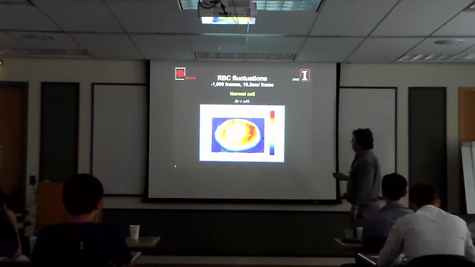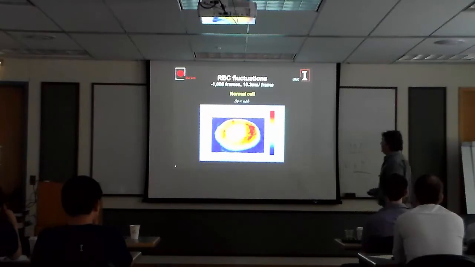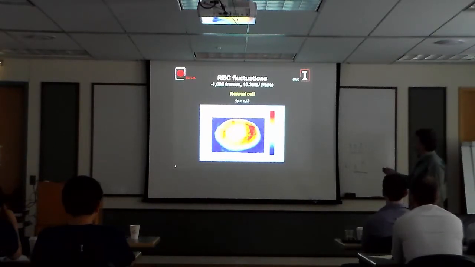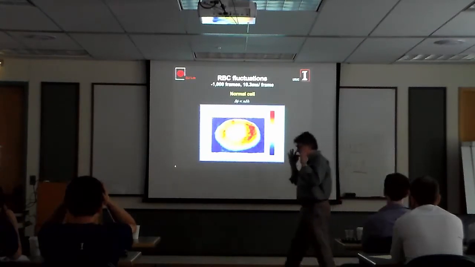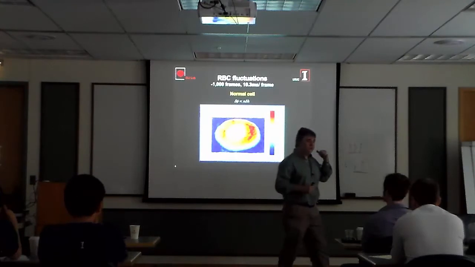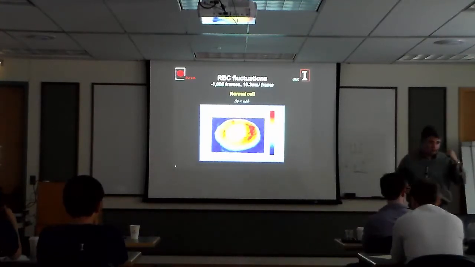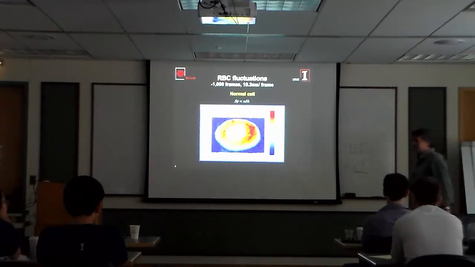But I think we were probably the ones that could measure it the best back when we measured this. We were able to do it very fast, 100 frames a second. And this is just because the interferometer was very, very stable that you are able to measure this kind of fluctuation. These are the RMS fluctuations on a red blood cell. On a normal red blood cell it is about 30 nanometers or so.